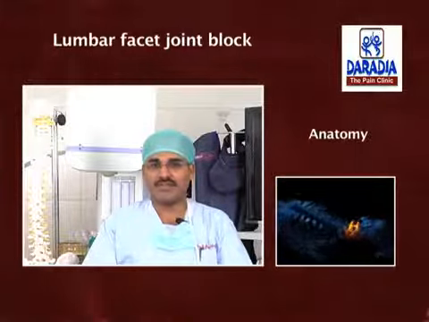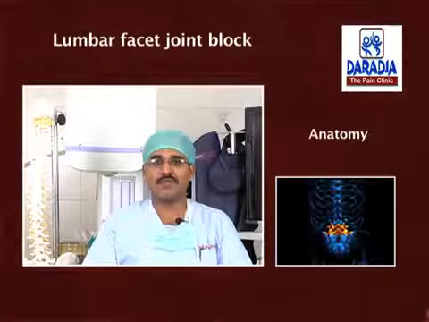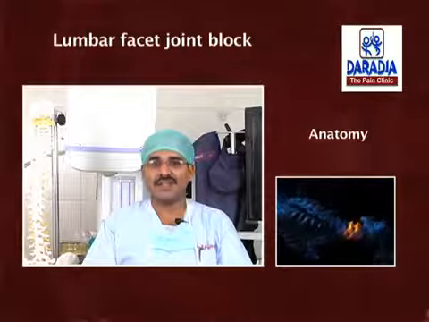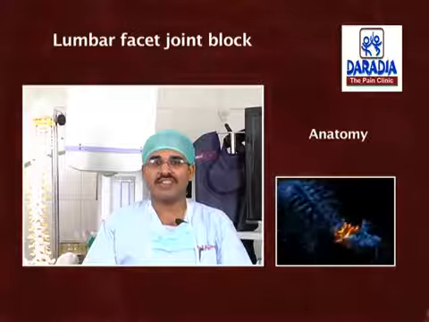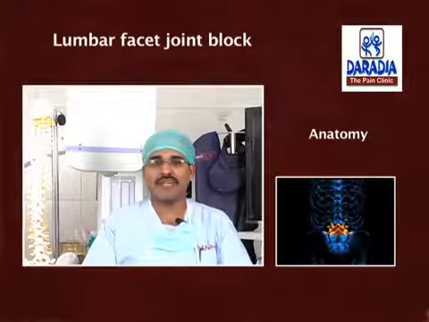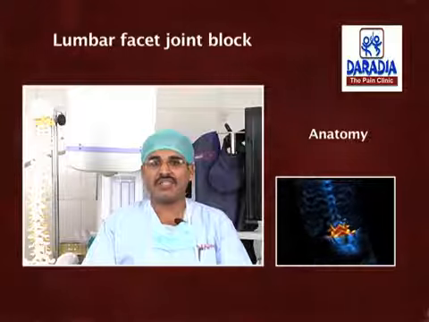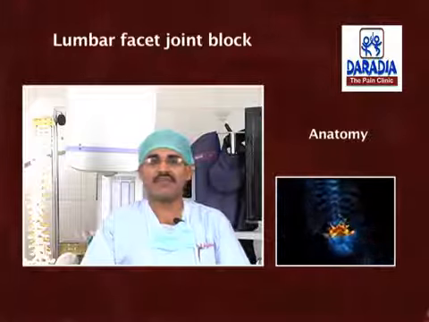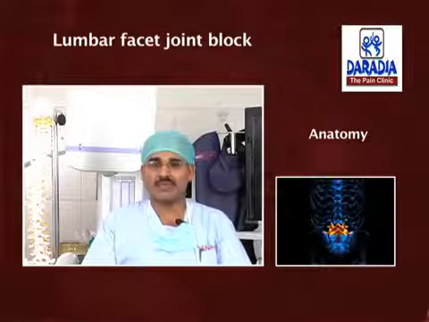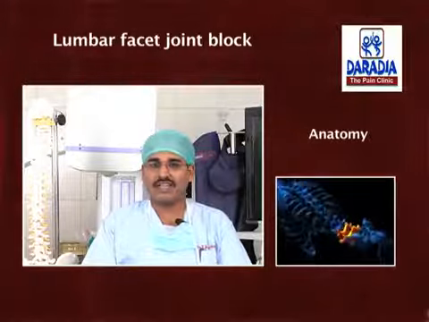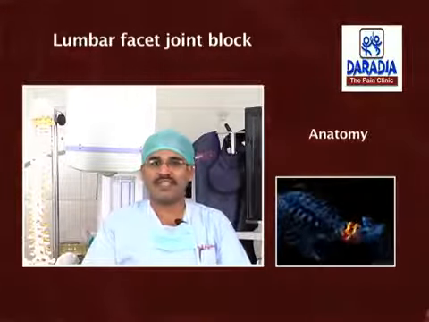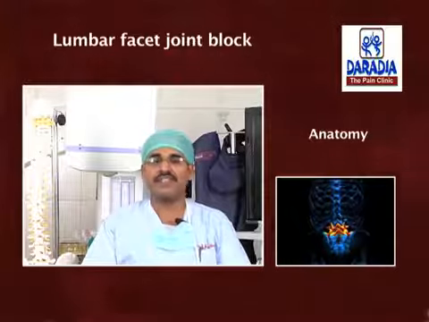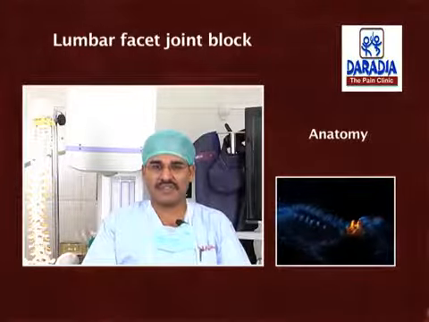For example, for the L4-L5 facet, innervation is by the medial branch of the posterior primary ramus of the L3 and L4 nerves. For easy remembrance, just reduce one number in the facet joint number. For example, for the L3-L4 facet joint, one number less gives the medial branch of the L2 and L3 nerves. Anyhow, for practical purposes, we are going to block the medial branch at the corresponding transverse process. For example, the L3 and L4 medial branch is usually blocked at the junction of the L3 and L4 transverse process with the superior articular process.